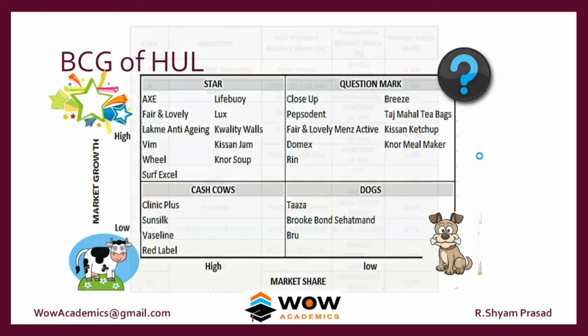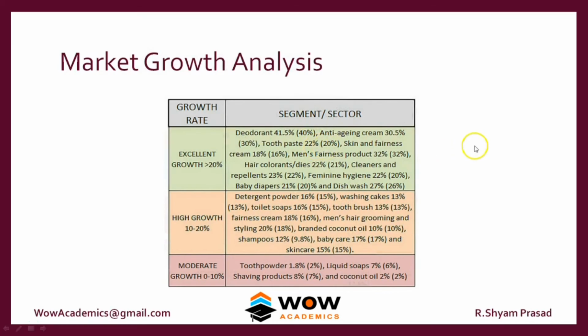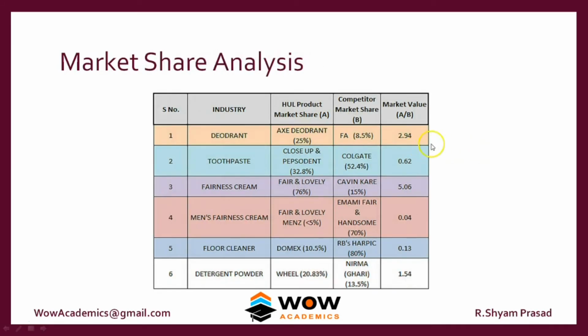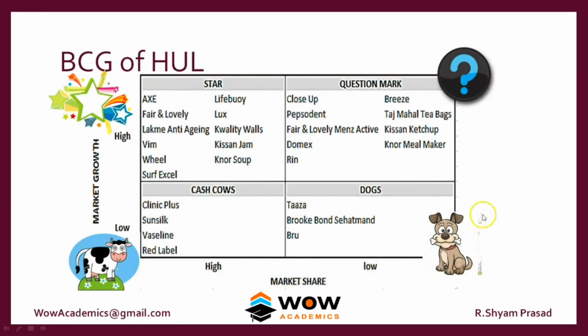Okay, so we have seen two things here. One is the rate at which the market grows, that's one element, and the relative market share, that is the second element. Once we have the two variables, we can classify them into boxes like this. So these are the star products, these are the question mark products, these are the dog products, these are the cash cow products.